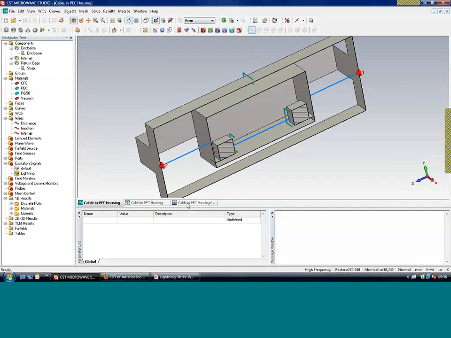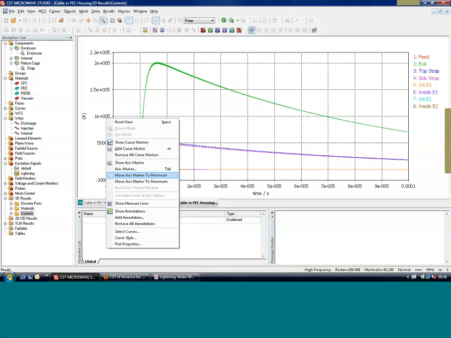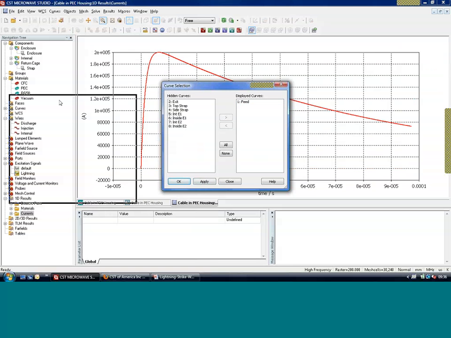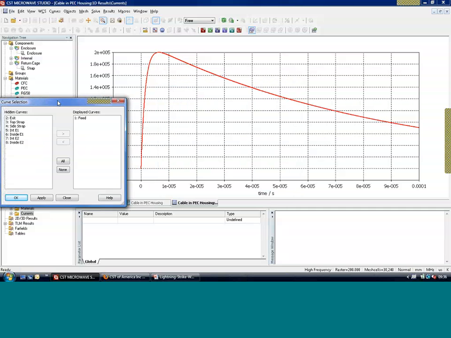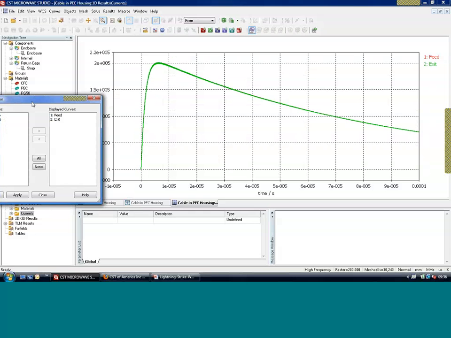So in terms of looking at the results, what we can see here, if I just show the feed to start off with, let's just look at the feeds. So that's the current which we've got at our feed point, which obviously equates to the source current which we specified earlier on, the double exponential source current. At the exit point of the cable, so at the far end, we have the green trace, and you can see that sits pretty much identically on top of the source current,